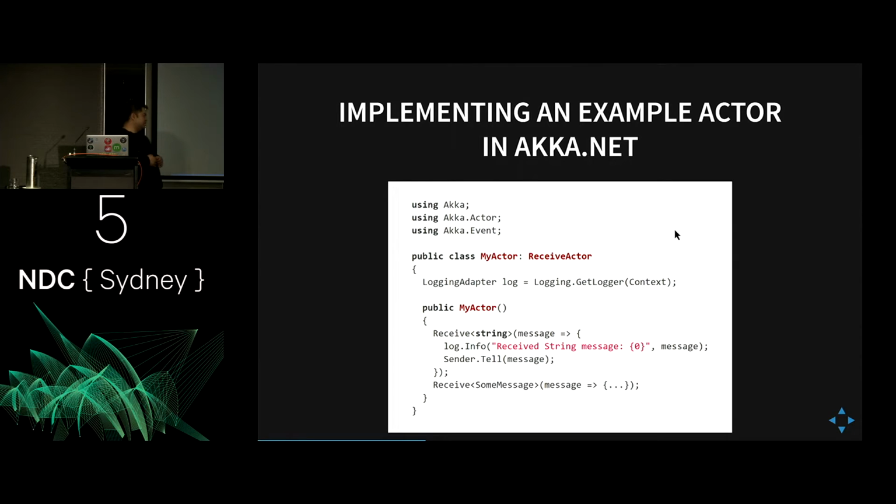The other thing is that with this class, as simple as it is, this is more of syntactic sugar. This is the strongly typed version. So if I go through the constructor here, you could see that I'm sending a string. In practice, you wouldn't want to send a string. You'd probably want to send something like an immutable class with no public setters, just to make sure that you could serialize it and have guarantees about concurrency and never have to worry about locking or any kind of threading issues.